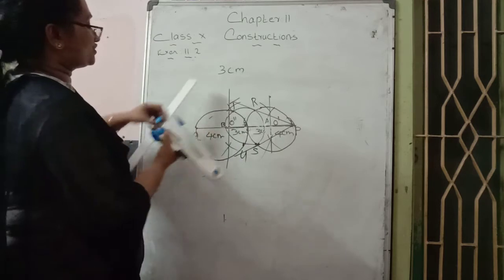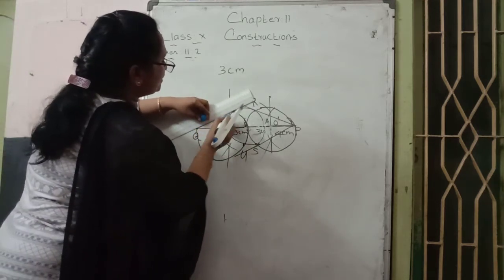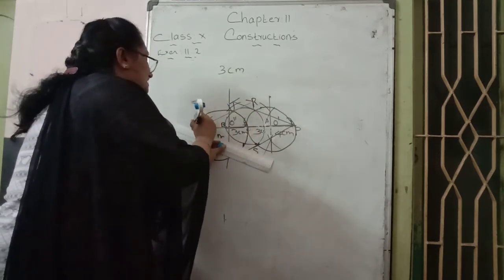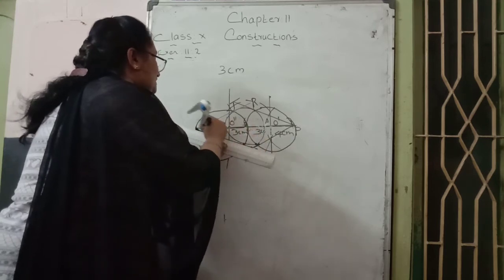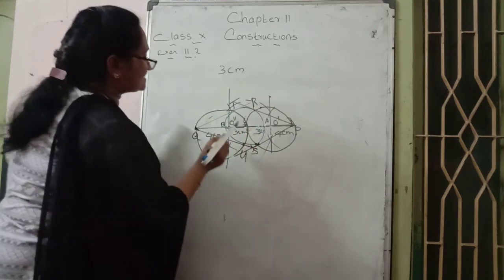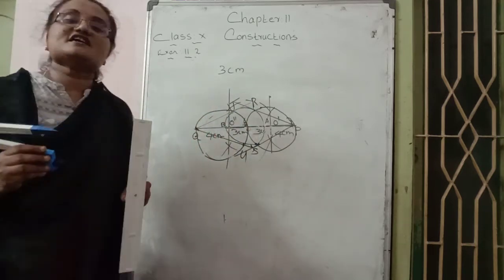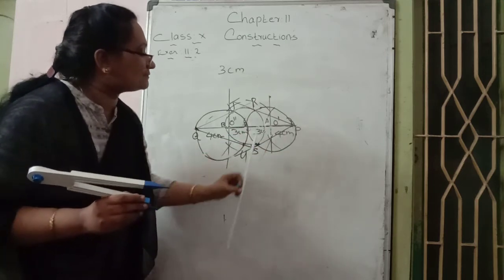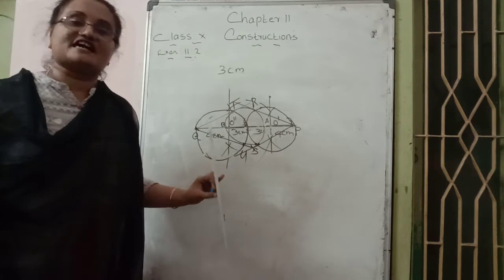So QT and QU points are joining. The left side tangents will get in there. I hope you can understand that. Which are the left side tangents? QT and QU are the left side tangents. The right side tangents are PR and PS. So in total, 4 tangents are there.